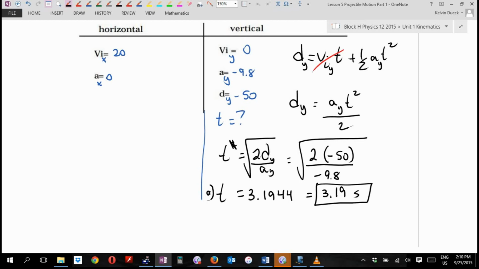How many seconds did it take me to hit the ground? 3.1944, blah, blah, blah. Why is that so handy? Because if that's how long I was falling for, isn't that also how long I was traveling sideways for? In other words, I think I can now say